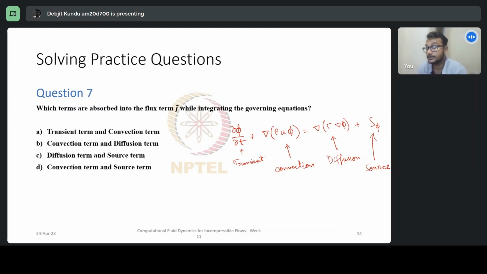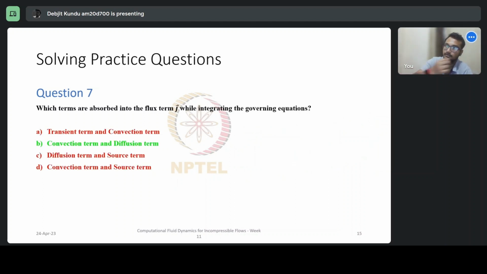So while integrating, which of these terms gets absorbed into the flux term? Let's have a look at the solution. The solution is option B, convection term and diffusion term. So what basically happens is